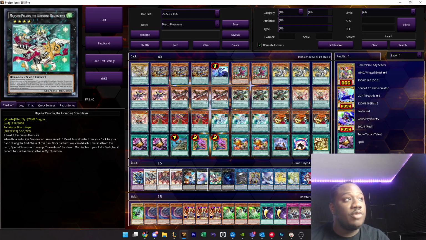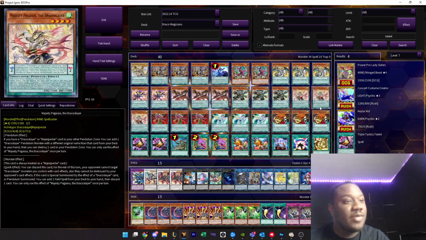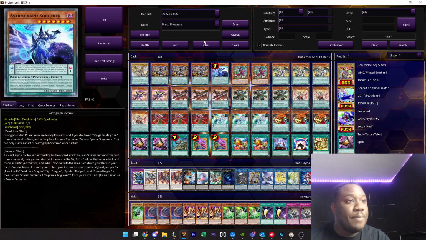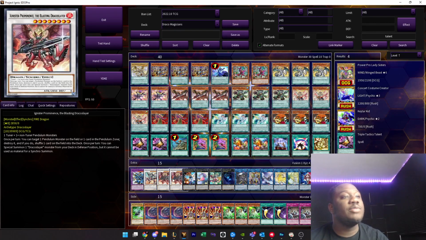Magister's nice because obviously it does get you that advantage in the end phase, and usually in the end phase I'm going to be searching a Revolution Dragon so I can just out their board and kill them next turn. But the fact that she can search anything in the end phase is great. Ignister is great, being able to shoot it from the deck, and his effect is so good when you combine